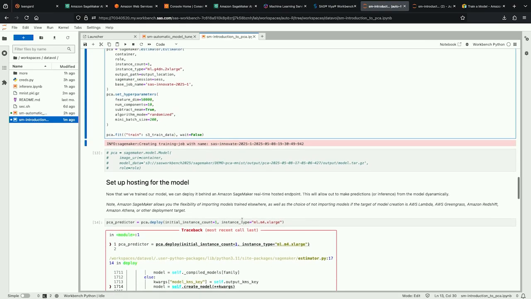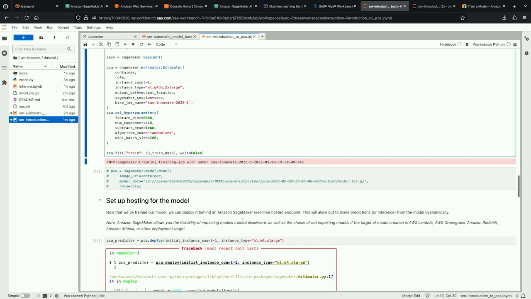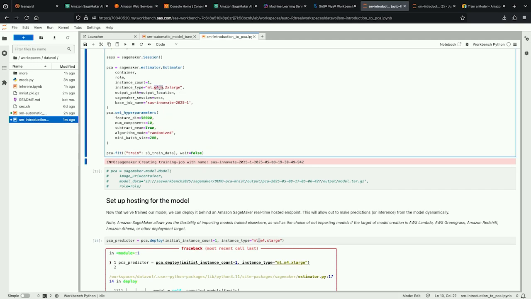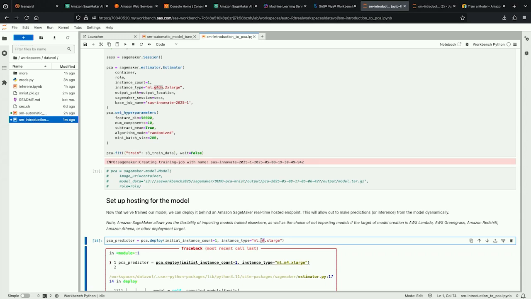And then here, I think we are deploying a model. You call the function deploy, and then you specify the instance type. So you can see here that I've specified a GPU-enabled instance type. And then down here, when I deploy it, I also specify a regular CPU-based instance. You can also deploy your model with a GPU endpoint, so that if the model is robust and needs acceleration, then you can get it as well.